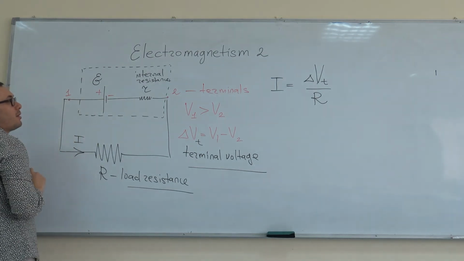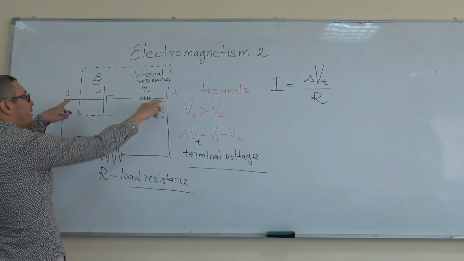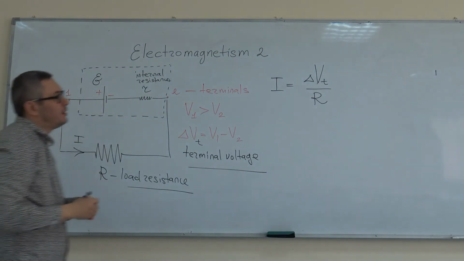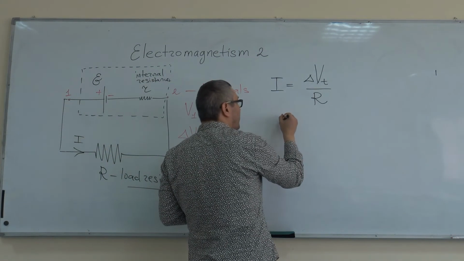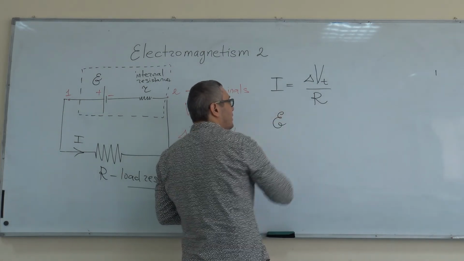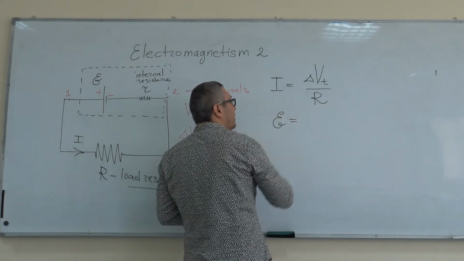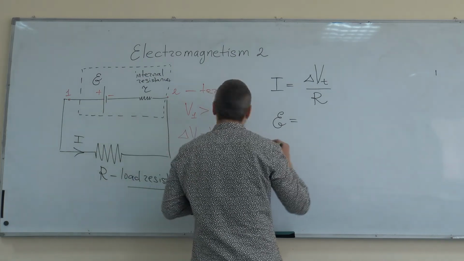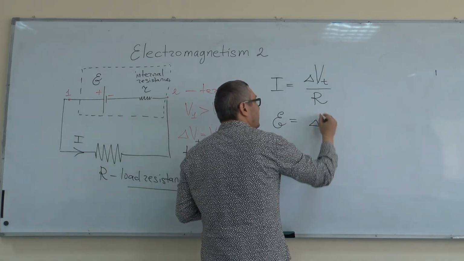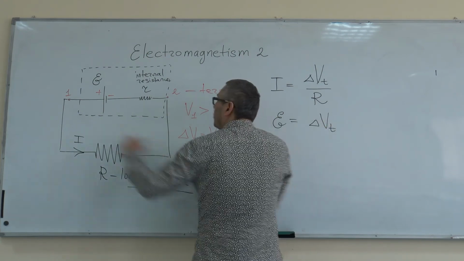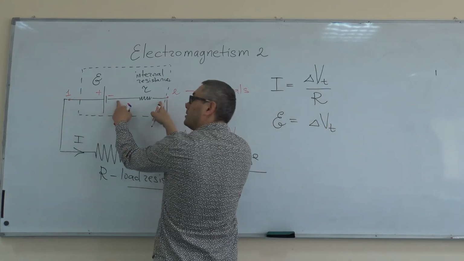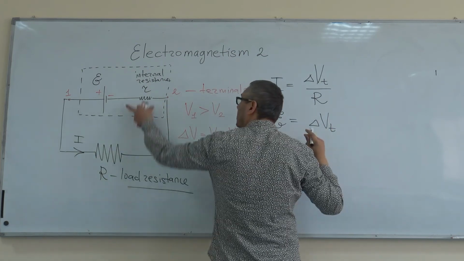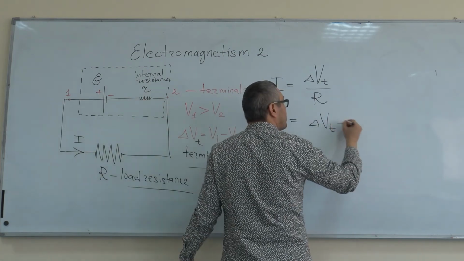Okay, so which means that we can now say that when we bypass this EMF, we can say that the EMF is equal to the voltage difference between these 2 points, which is this voltage difference, plus this drop in the internal resistance, which is I